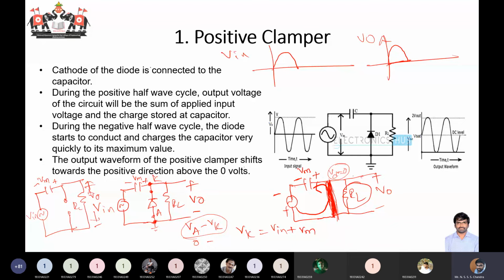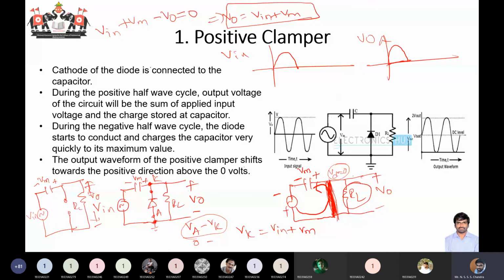So what will be your V0 now? If you apply the KVL equation, what will be the V0? We have Vin, and then we are moving from the negative terminal to the positive terminal, so it is a rise in voltage, plus Vm. In the outer loop I'm writing the KVL. I have plus V0, moving to the minus terminal, so it is minus V0 equal to 0. So it implies V0 is equal to Vin plus Vm, right? So once the capacitor is charged to a value of Vm, the output will remain at Vin plus Vm.